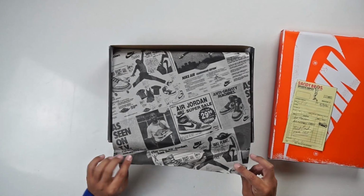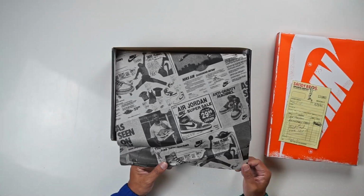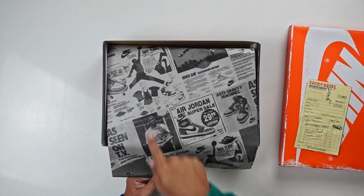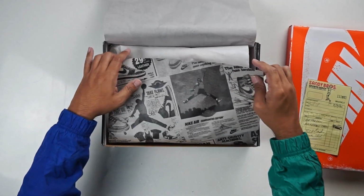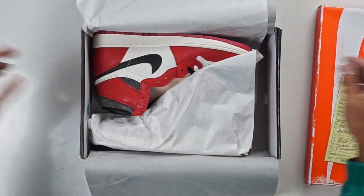And then on the paper you have some classic Jordan 1 ads. I guess this is inspired. Some of them are original layouts, and you see some of the OG designs there. But this is what ads looked like before. Like they actually talked about the features of the sneaker. So it's great. It's a nice little bit of history that you get in there. So it's like, I guess, newspaper instead of regular paper. And then opening up the box,